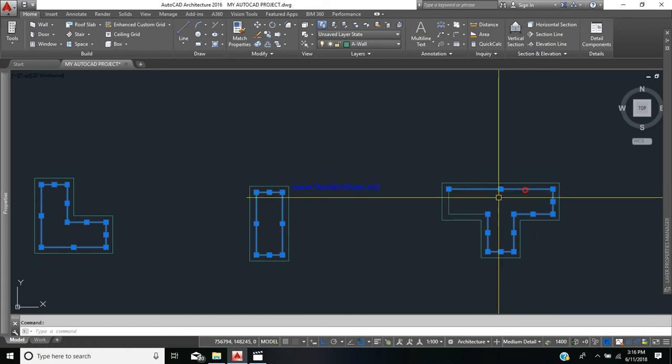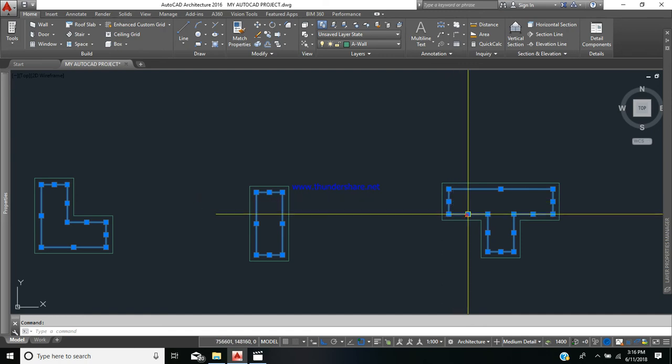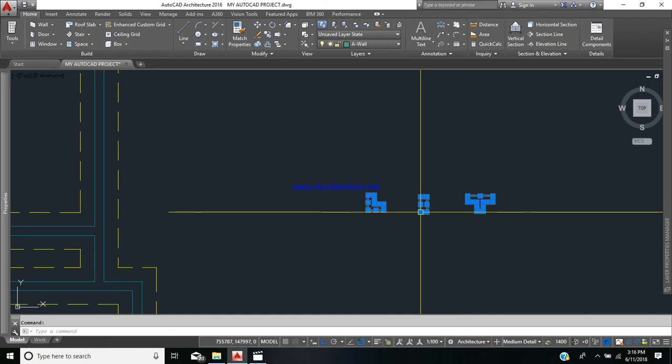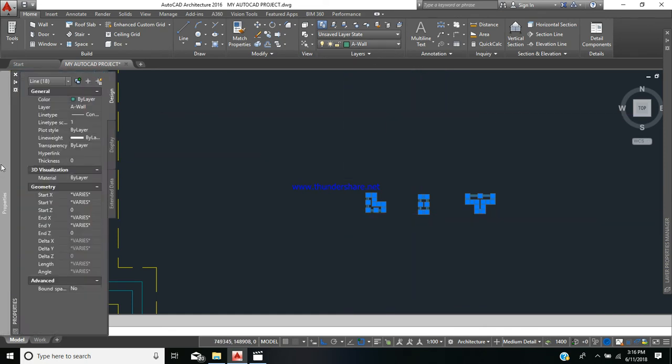What I'm basically selecting are my stirrups, because I want to put those on the steel bar layer. And so to do that, I'm going to just go to my properties, and I'm going to change those layers from the wall layer,